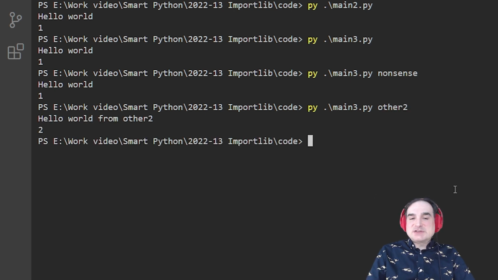So one advantage of loading modules selectively is that if the process of loading a module is expensive, if you have a lot of objects in it or it does a lot of things that might take some time, you can speed things up by only loading the module you need when you need it. And there are also some other mechanisms in Python worth exploring to this end, and I'm going to go into those in future videos. Some of them are in the ImportLib module itself, but they deserve full expanded treatment.